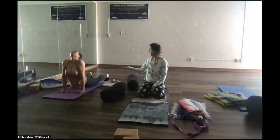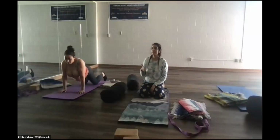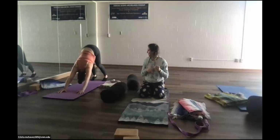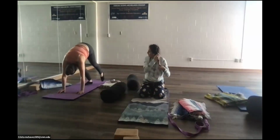The thighs stay off the mat, Lauren. There you go. Yes, that's beautiful. Yes, much smoother. Good. And then take it back, downward facing dog. That's where it requires a little skill to go with the flow, is that we want to be practiced in going with the flow. And as you're ready, walk your feet up towards your hands and walk your hands back